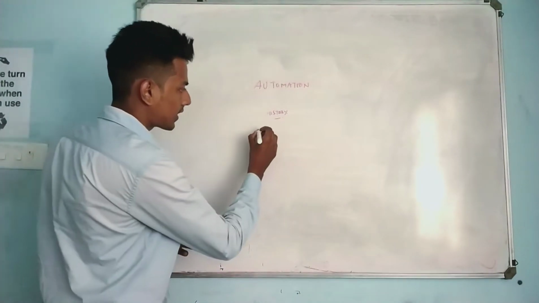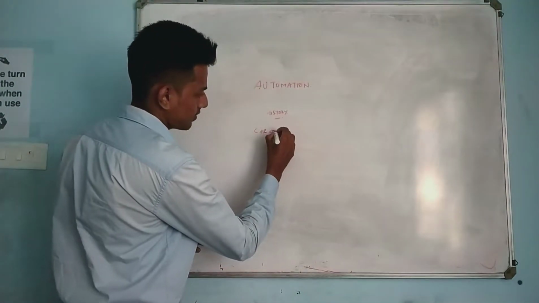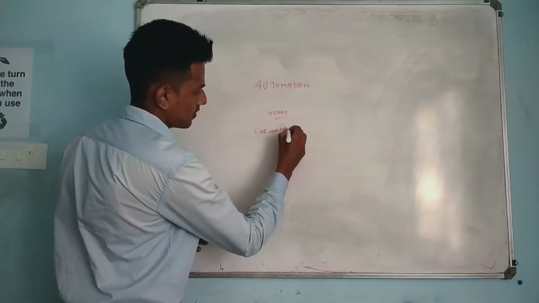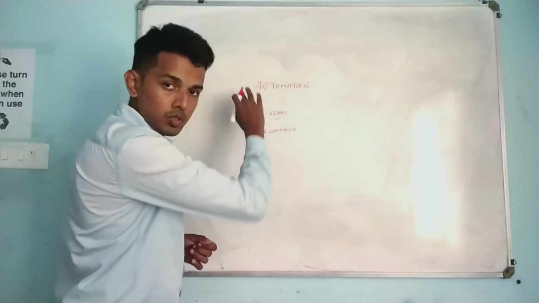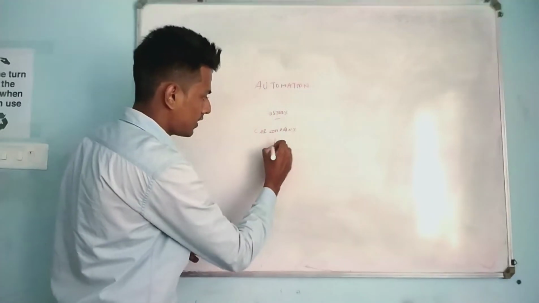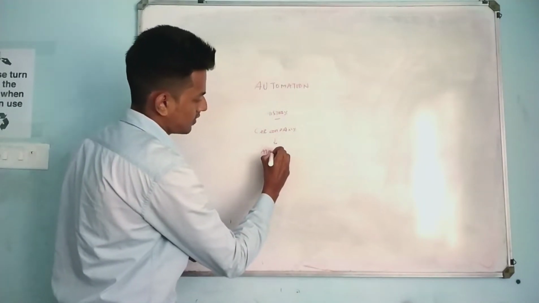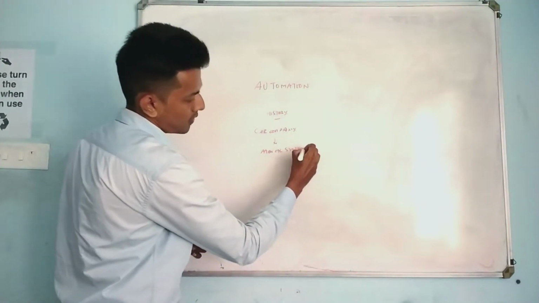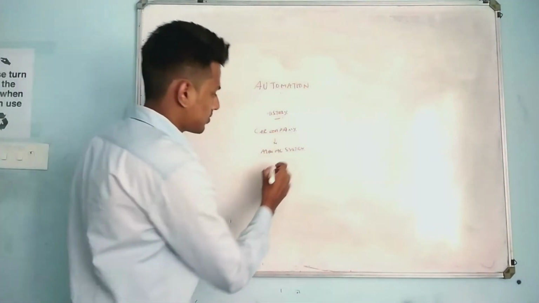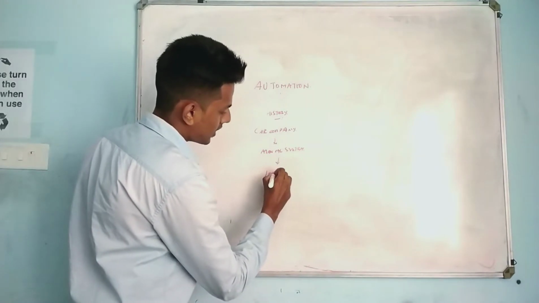Suppose think about a car company, where before automation, with a manual system, per day car production was maybe 100